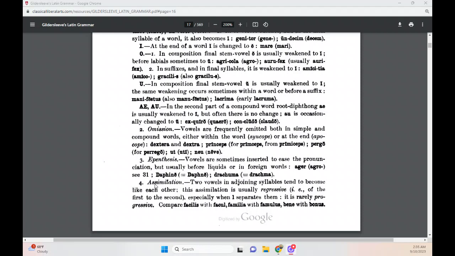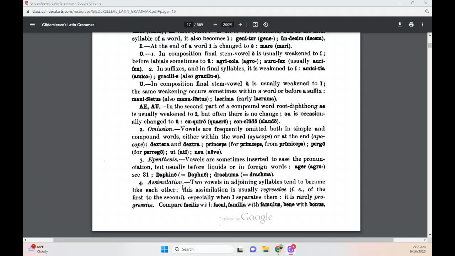Fourth, the fourth kind of variation that takes place is called assimilation. Two vowels in adjoining syllables tend to become like each other. That's what assimilation means. Assimilation means to become like each other. And a good example of assimilation, or illustration, if we take a cup of cold water and a cup of